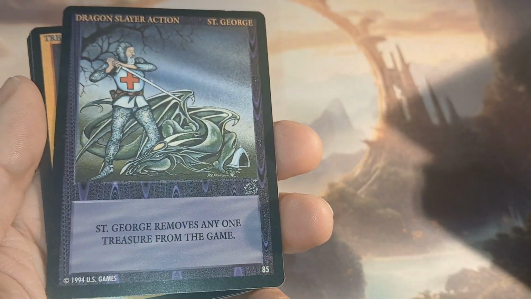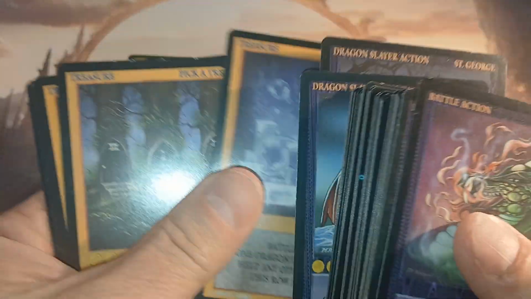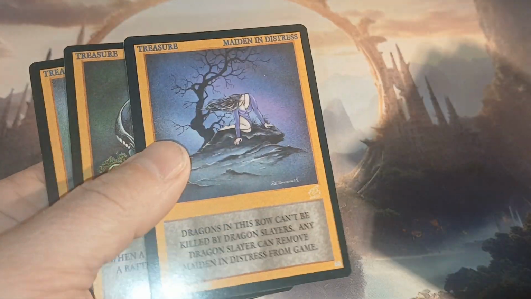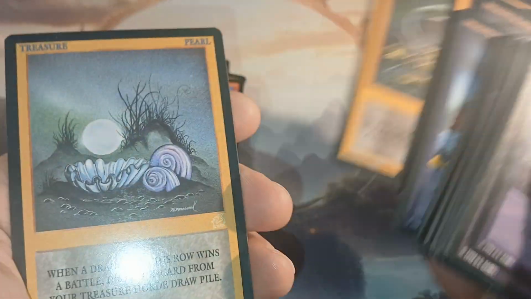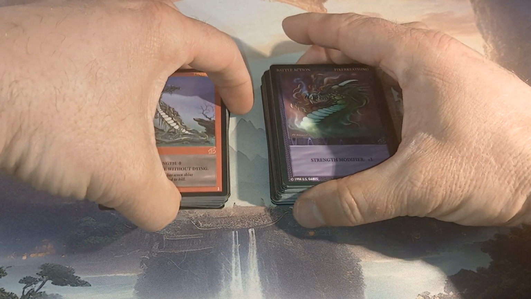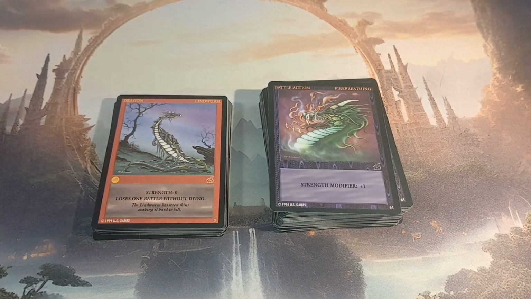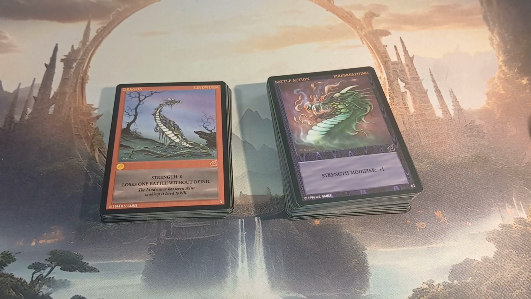And probably they're going to run treasures. So 1 is good. You could run 2 St. George. Then we've got our Magic Potion, our Pick a Treasure, our Maiden in Distress, our Gold Treasure, and our Pearl. So that is my slightly constructed basic deck that you can easily build if you buy the starter box,